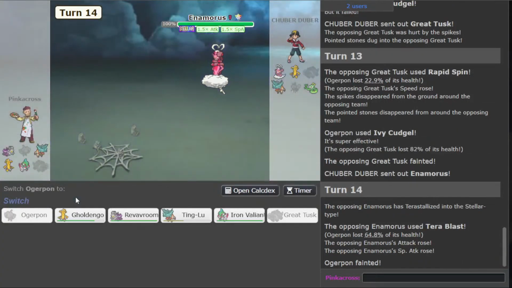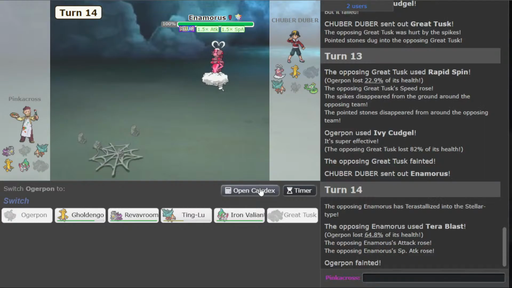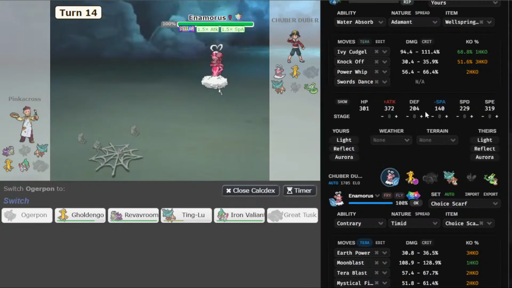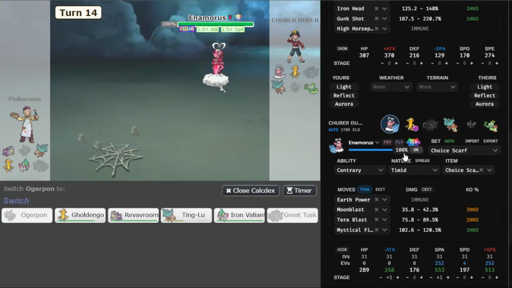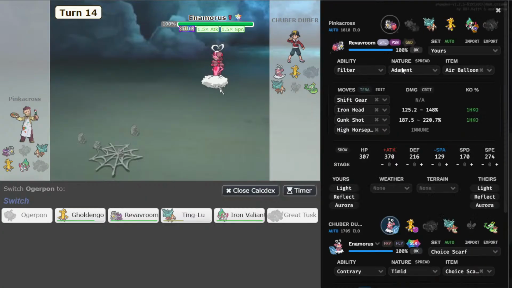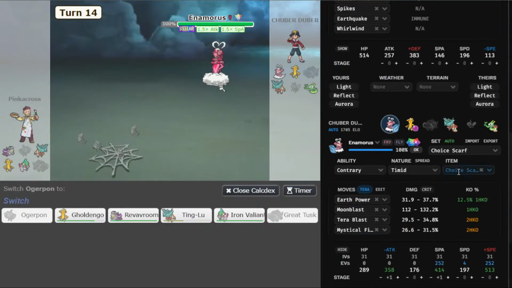Terrablast Stellar, interesting. Does Gold live that? Not a Specs one, and I think this is Specs. I think we lose to this Specs Terra Stellar. Yeah, because that's choice scarf damage, but we're done. Yeah, I think this is just the end of the road. Ting Lu, because I don't think Ting Lu is living. If it's choice, yeah, because if it's...